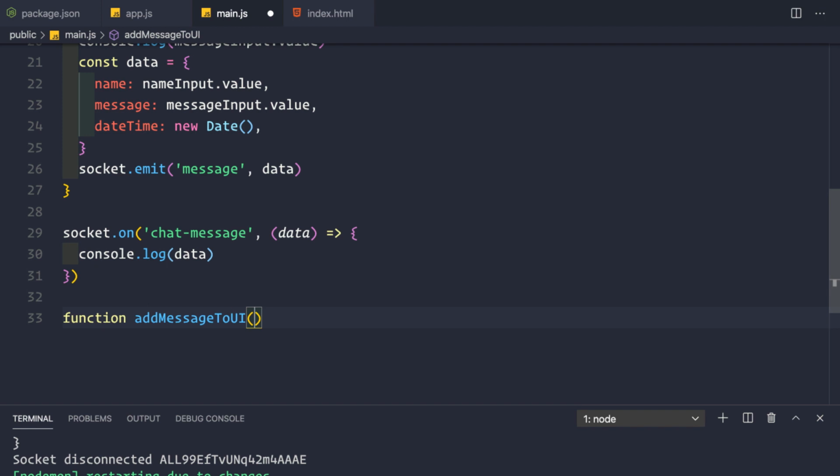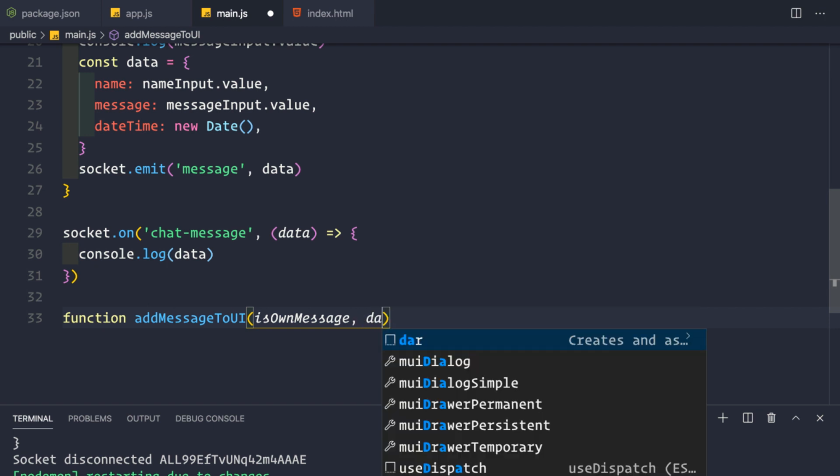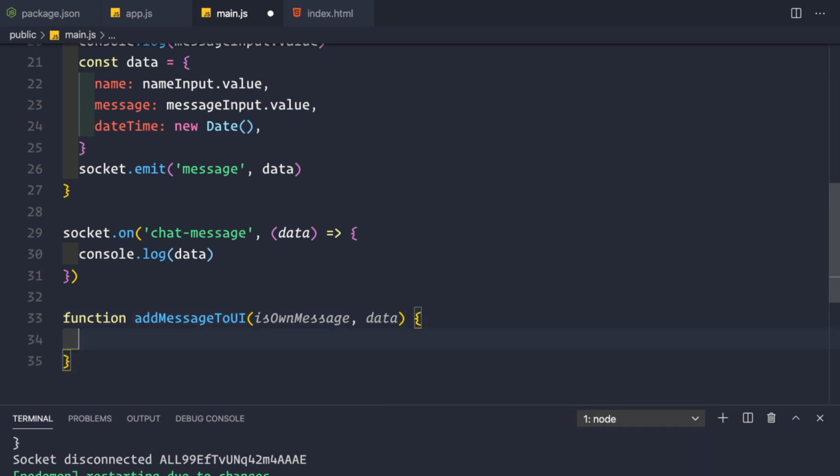Here this would take in two parameters: ownMessage, whether the message is our own message or the client's message. In case it is our own message, it would be true, and if it is the client's message, then it would be false. And the second argument would be the data itself, like this.